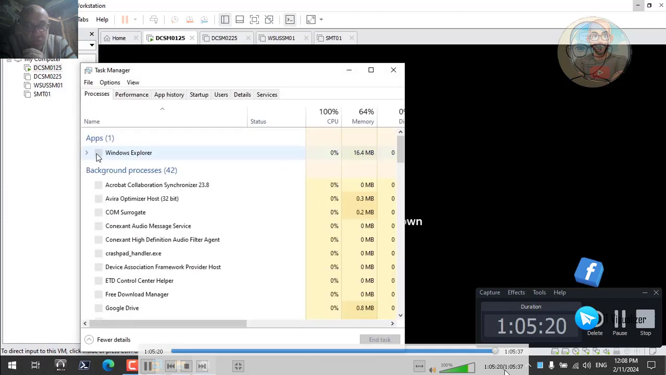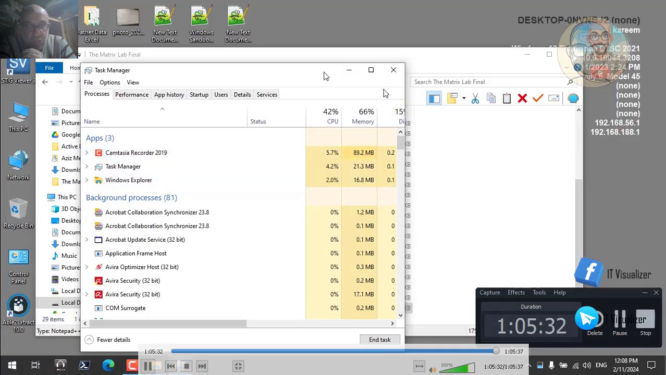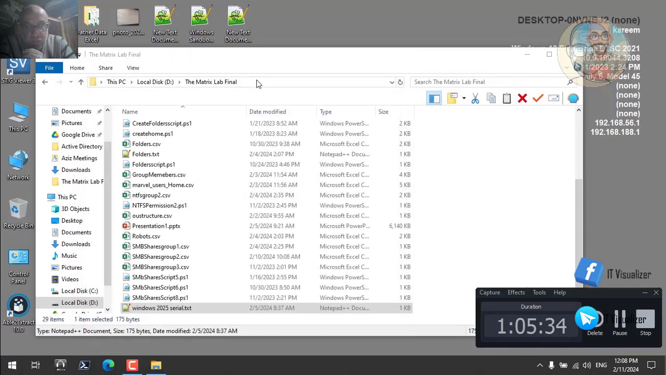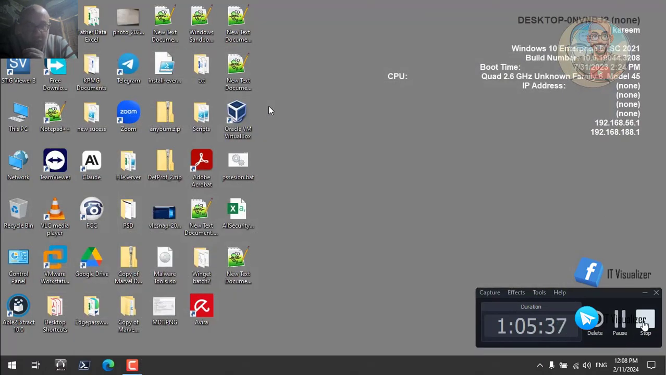And in the upcoming video, we will begin working on how to install the WSUS server feature on this virtual machine and see the different